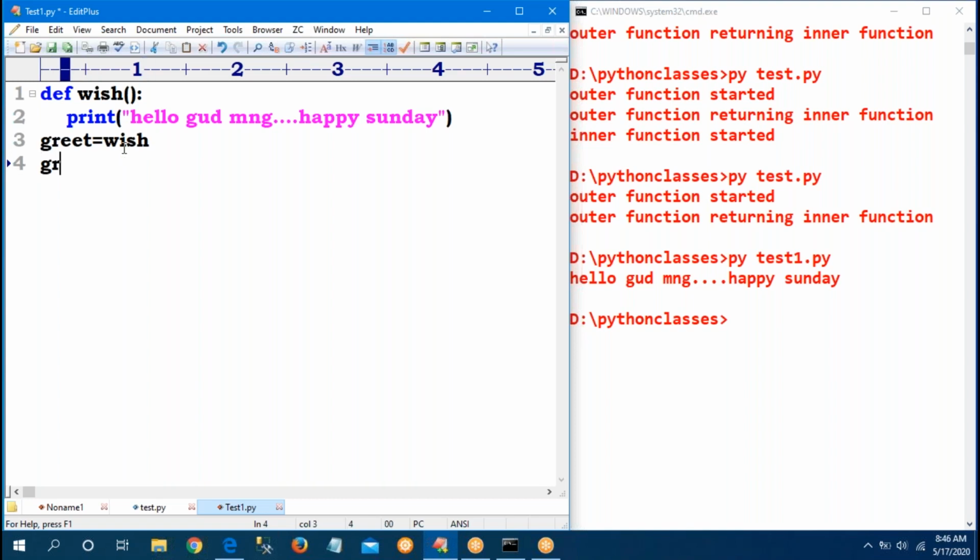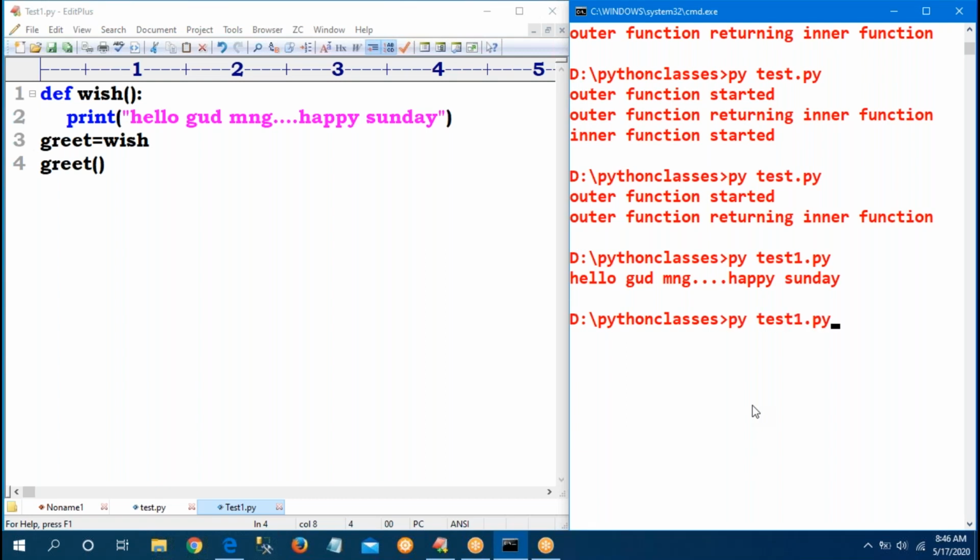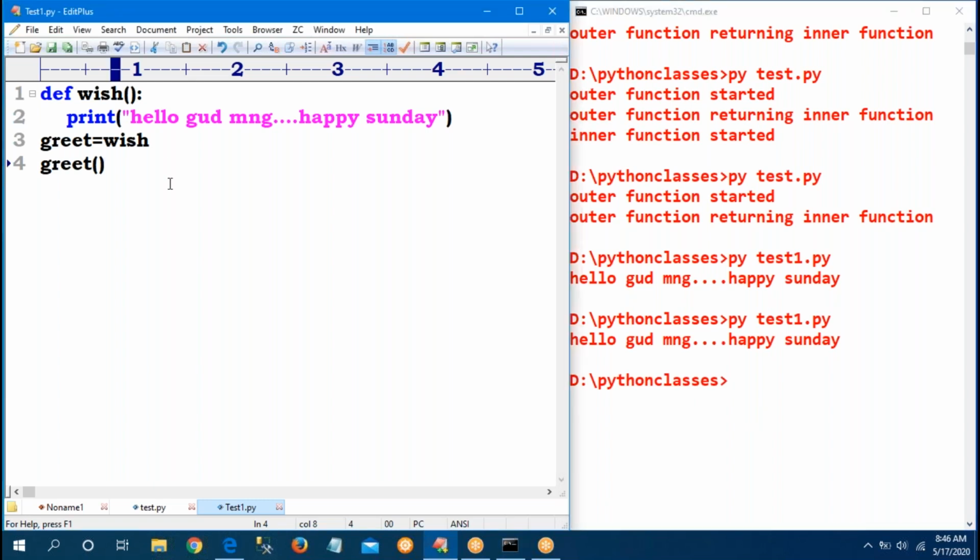Now, if I am calling greet, am I getting the output? Yes. If I am calling the greet function, observe carefully: hello, good morning, happy Sunday. What does this mean? Sir, here first one function you created.